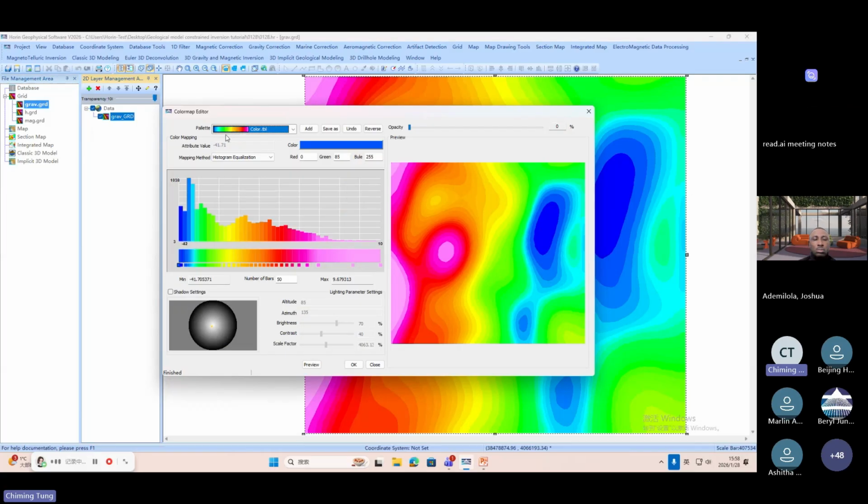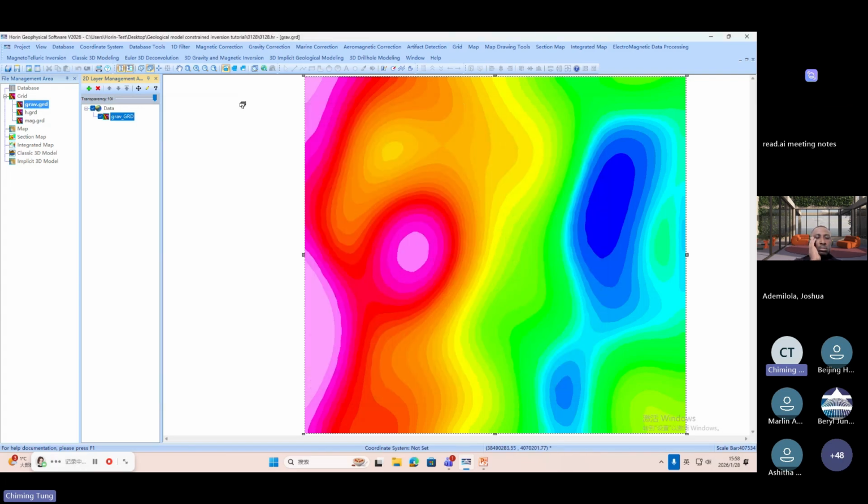There's a color map editor here. You can edit the color mapping method you want, and all of the parameters you can set here. But no, we are not going to set this because we are going to just do inversion, and let's take a look at our